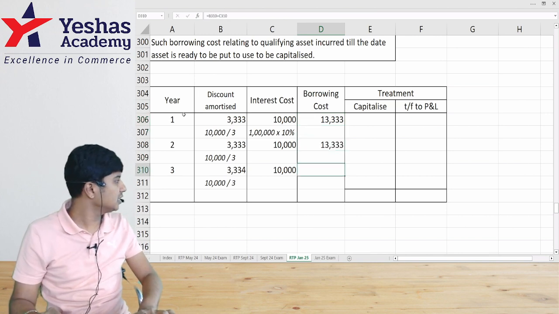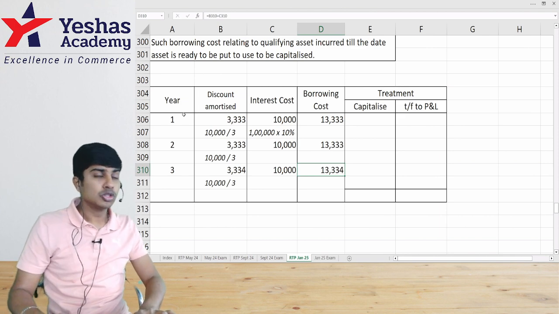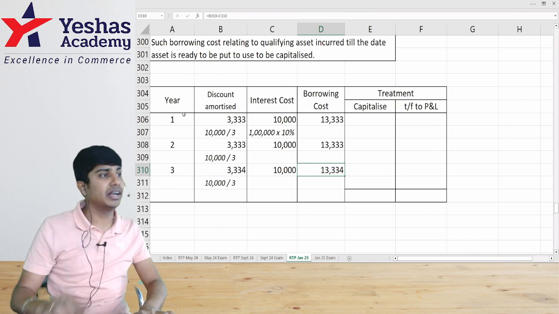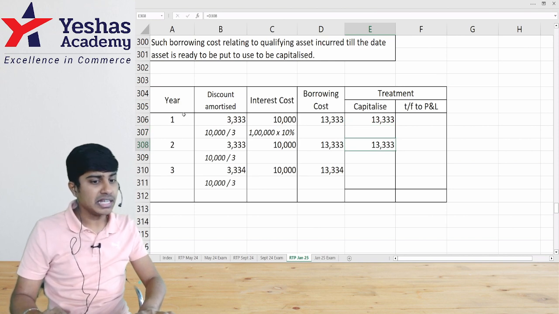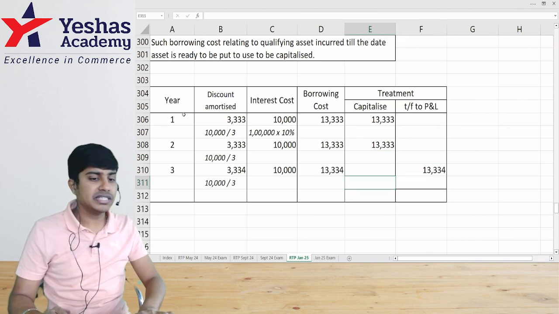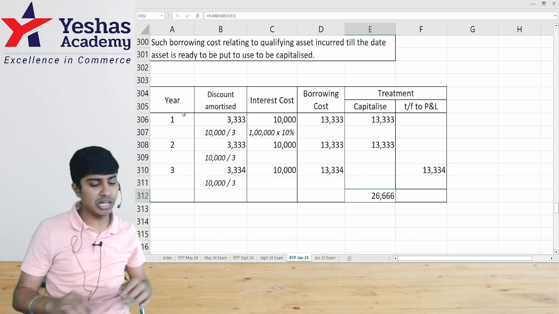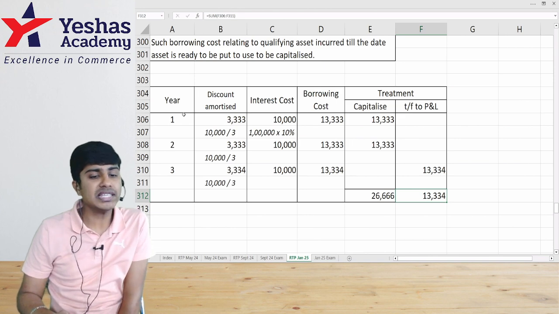For year 3, the asset is ready at the end of year 2, so you can capitalize only till the end of year 2. So first year's 13,333, second year's 13,333 will be capitalized. Year 3's 13,334 will be transferred to P&L. So basically the total amount to be capitalized will be 26,666